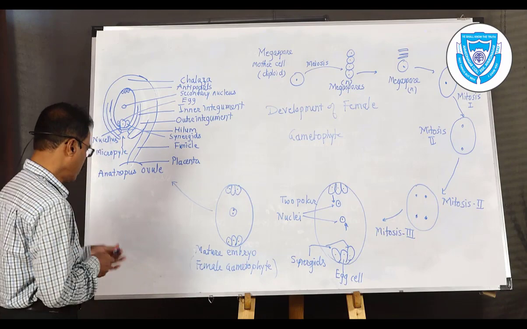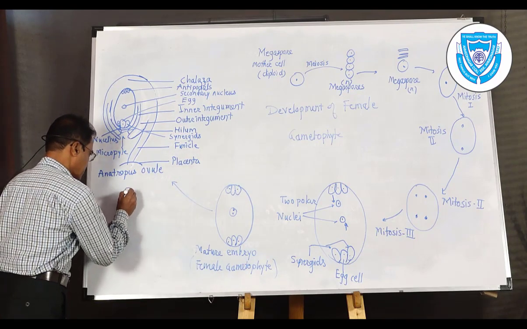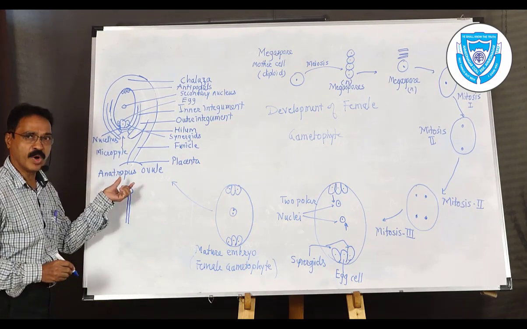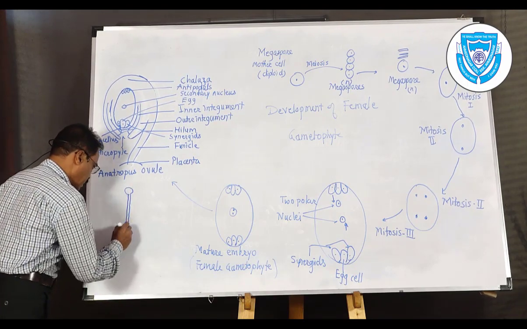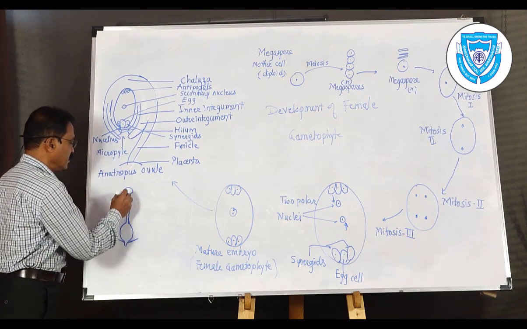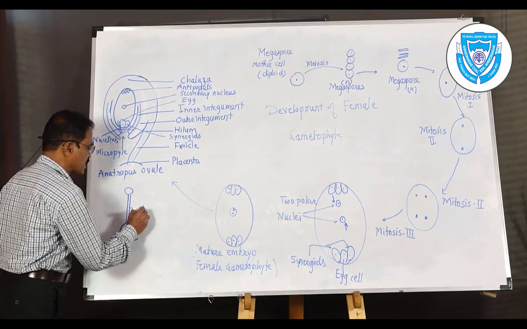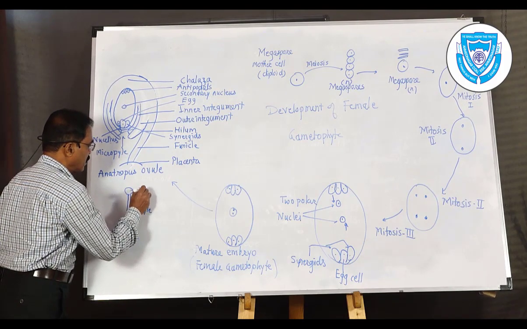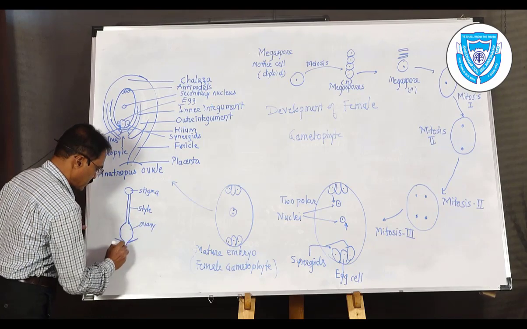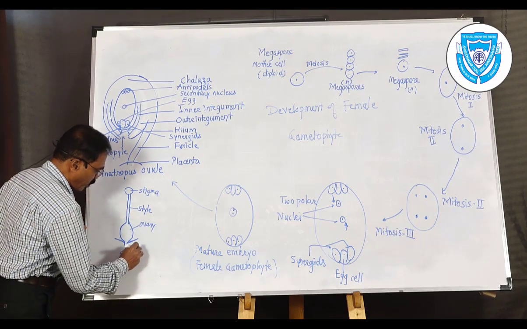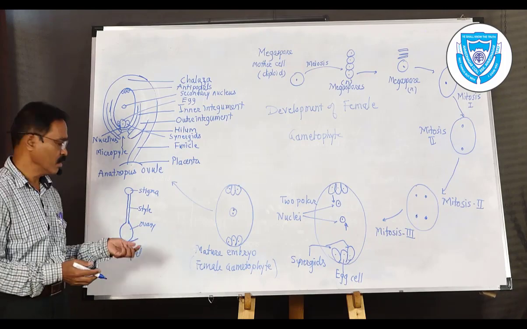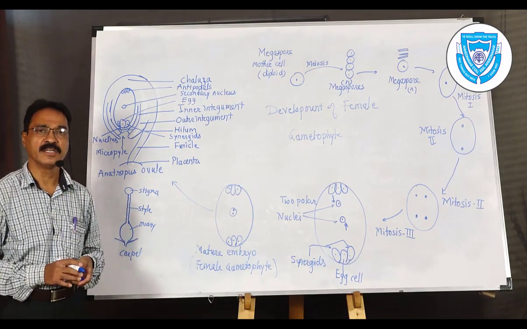This portion, if you see, is a rounded structure at the tip of the carpel, and then it goes down to the lower region. This is a hairy structure known as the style. This is the stigma, the style and the ovary. So this is the whole structure of the carpel. Whether it is a single carpel or many carpels doesn't matter, but this structure in total is called the gynoecium.